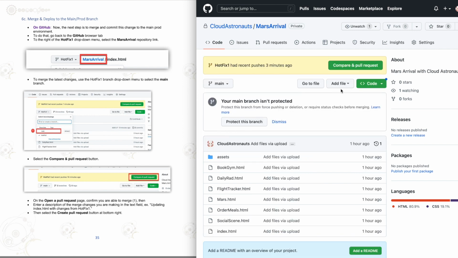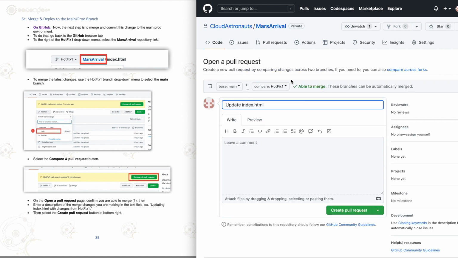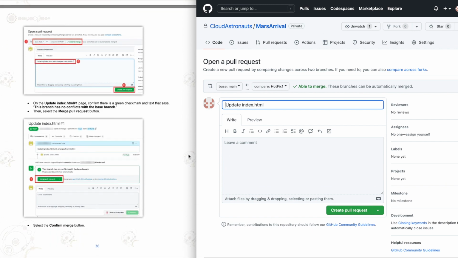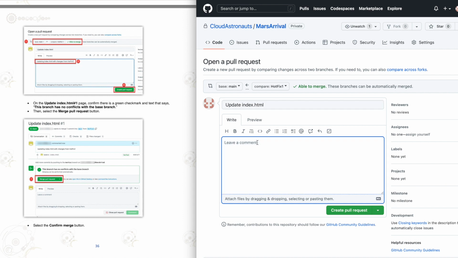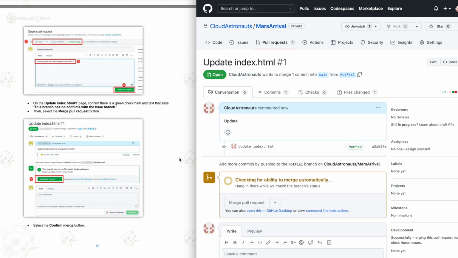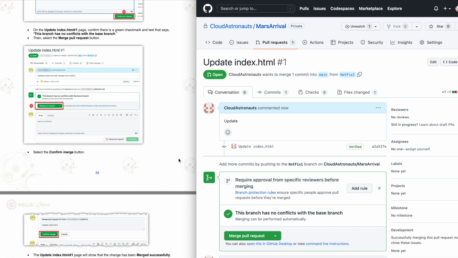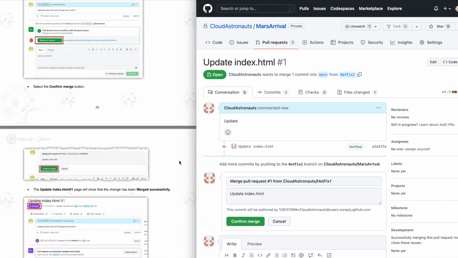On the main branch, you're actually going to follow the directions, hit that compare and pull. You're going to create a pull request. You can leave a comment there. We'll say update, and then create a pull request. And you're basically merging the new code on the hotfix site into your main branch, and you're going to confirm